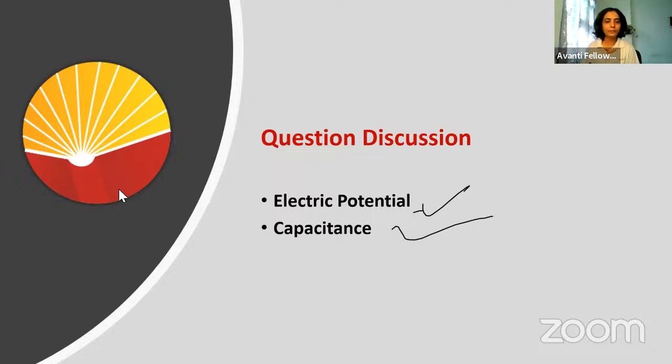So let's get started. Today in the class, we are going to cover questions on electric potential and questions on capacitance. How will we be solving the questions? I will be giving you questions, and on the screen, you will get the question. I will give you a certain amount of time for solving the question, and in that time you have to actually attempt it. After that, I will explain the solution in detail, whatever concept is coming, and then we will jump on to the next question.